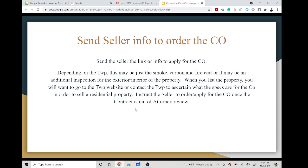All right, give the township website or contact the township. If you can't find the site, contact the township to figure out what the specs are for the CO. Instruct the seller to order or apply for the CO once the contract is out of attorney review. But get them that list ahead of time so they can plan on it